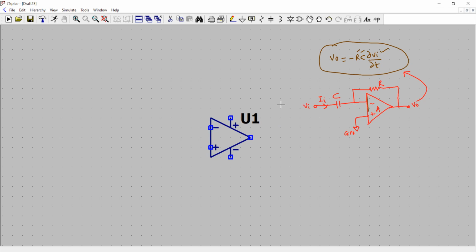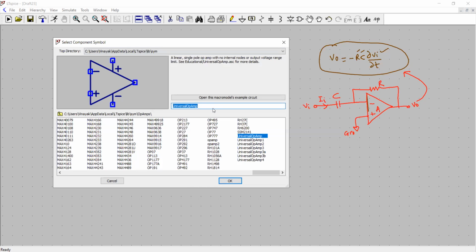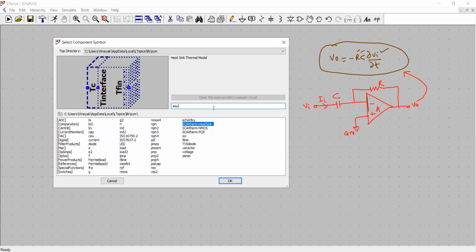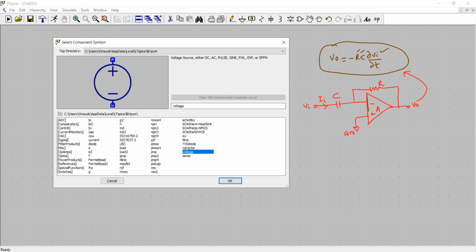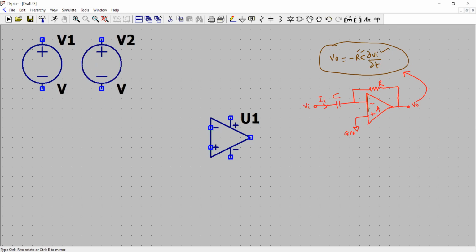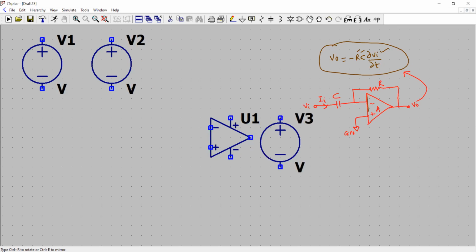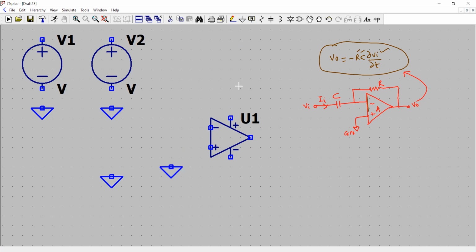After that, we need two power supplies. So we'll go here. We'll say the source, and the source is the voltage. So we want two DC voltage sources. So we'll click here. We'll place them here, because one is a positive pin and one is a negative pin. So here are the grounds that I'm taking from this. And then I will need one input voltage source also. So I can use the F6 on the keypad and then copy this